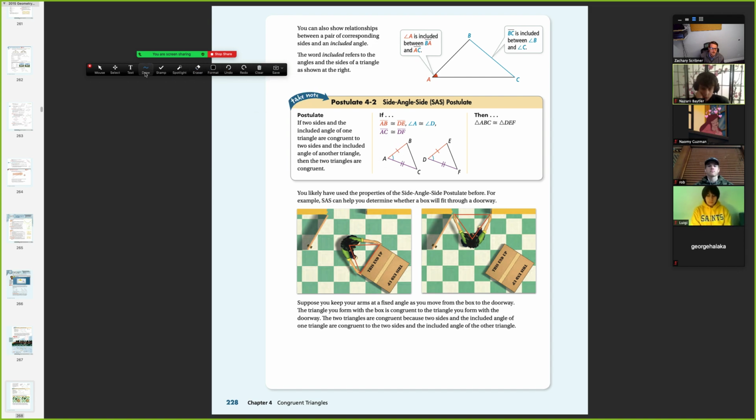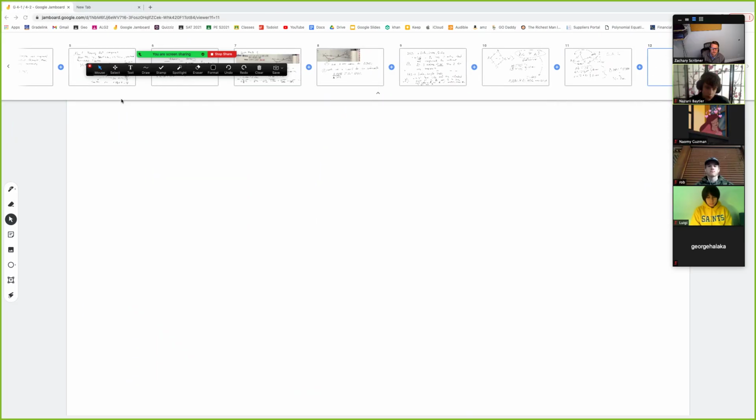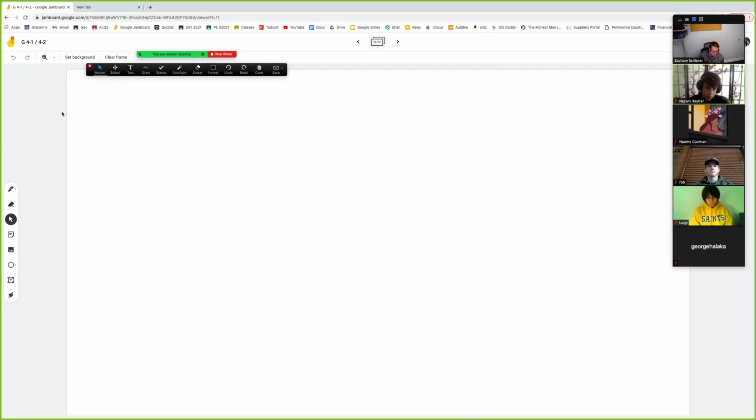All right, so there is side, angle, side. We talked about side, side, side and side, angle, side briefly yesterday. Let's go ahead and talk about it in some more depth today. All right, here is our Jamboard. So if we call postulate 4.1, again, the number of the postulate is only important if you do not have an abbreviated name for it. So section 4.1,